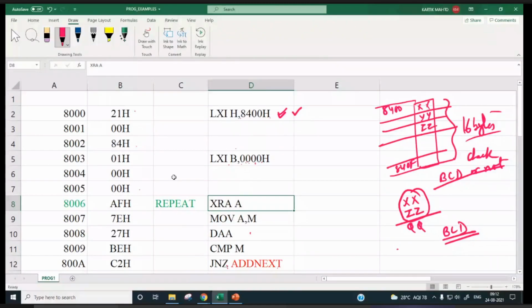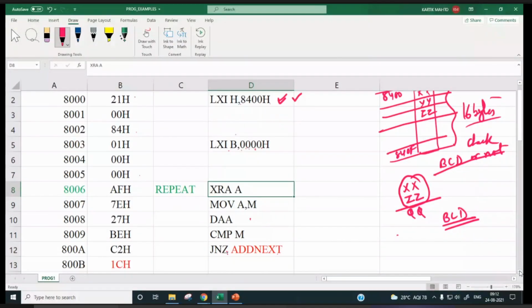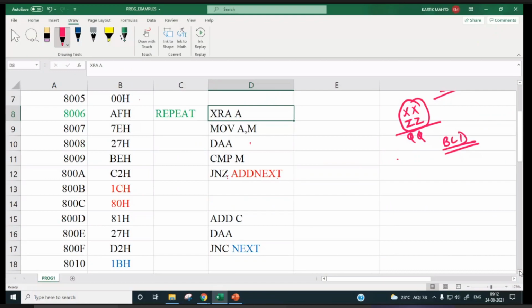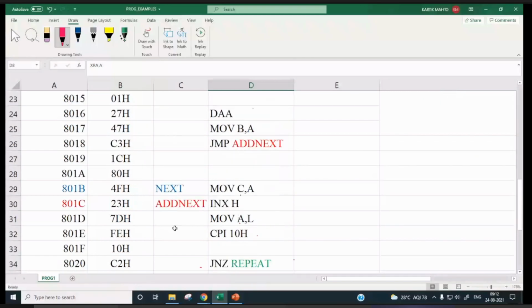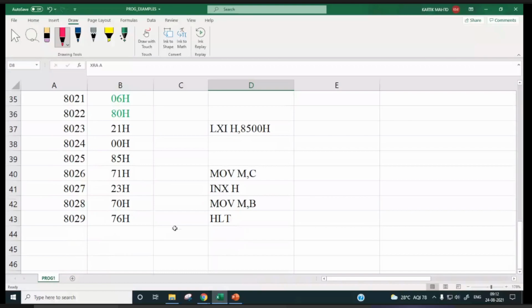That time the same program was tested on the simulator, and I found so many opcodes were wrong. Whatever you are saying, suppose you say D, I am hearing E, and B, C, this type of error was there. Finally it was corrected, and right now you can see the corrected program and code over here. So you can practice this on the simulator, then you will understand.